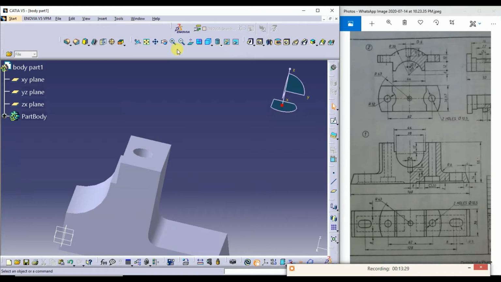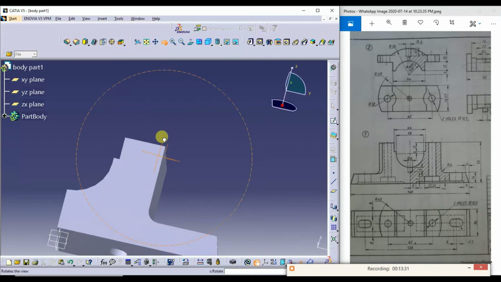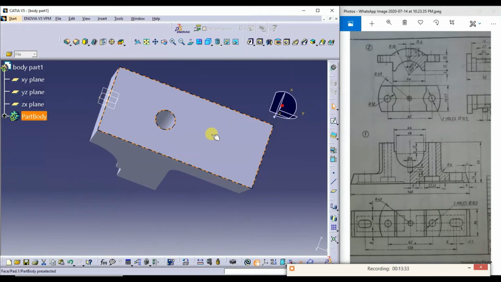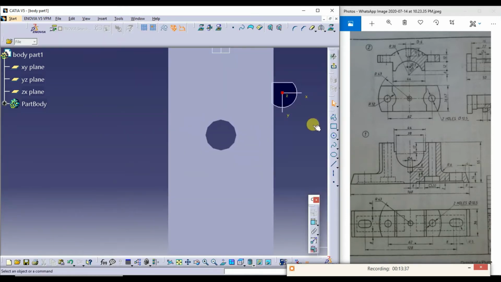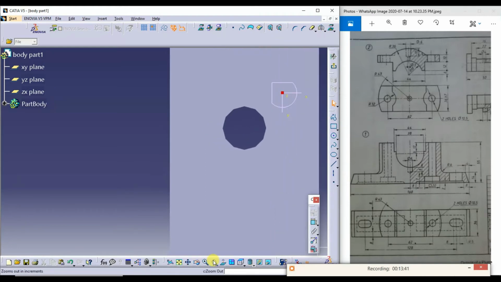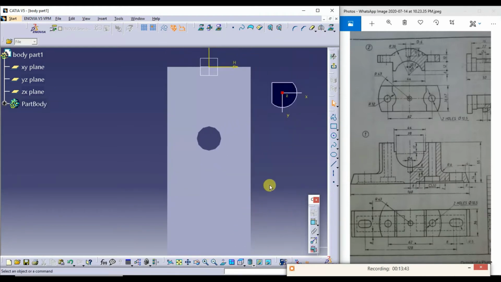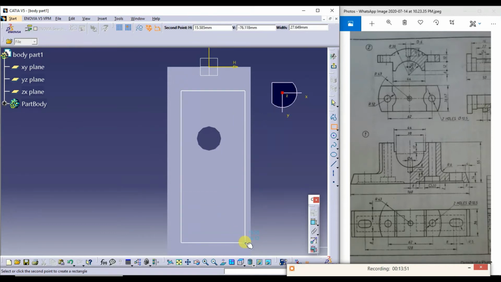So what I do, I'll select this, I'll go for the sketch mode. I'll take a rectangle, or simply I'll draw a rectangle like this.